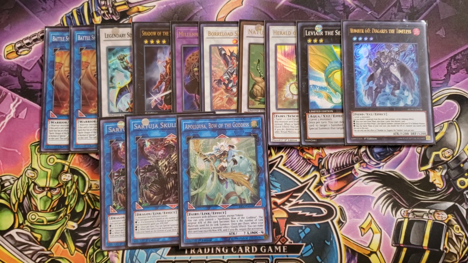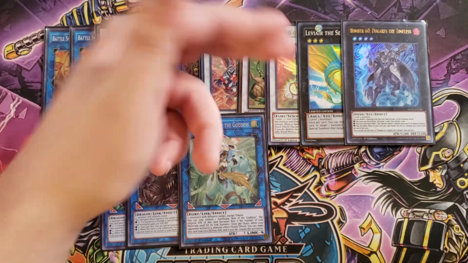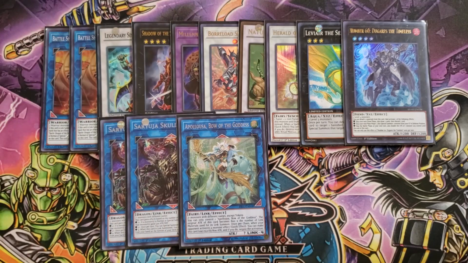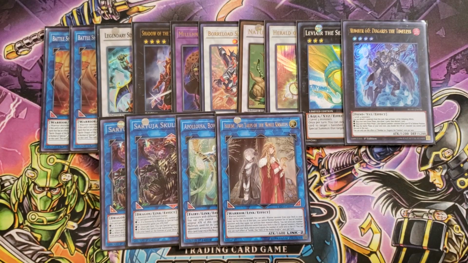a board with a Six Samurai Shien, Appaloosa with 4 negates, Borreload Savage, which is 6 negates, plus a Naturia Beast and a Herald, and your opponent's pretty much not going to be able to play the game, because you're going to have 4 negates on this, 4, 5, 6, 7, 8. Well, this is as many as you want, so you're going to have up to 8 negates on the field at a given time. 1 copy of Isolde, because Isolde is ridiculously easy to get into, and you use her